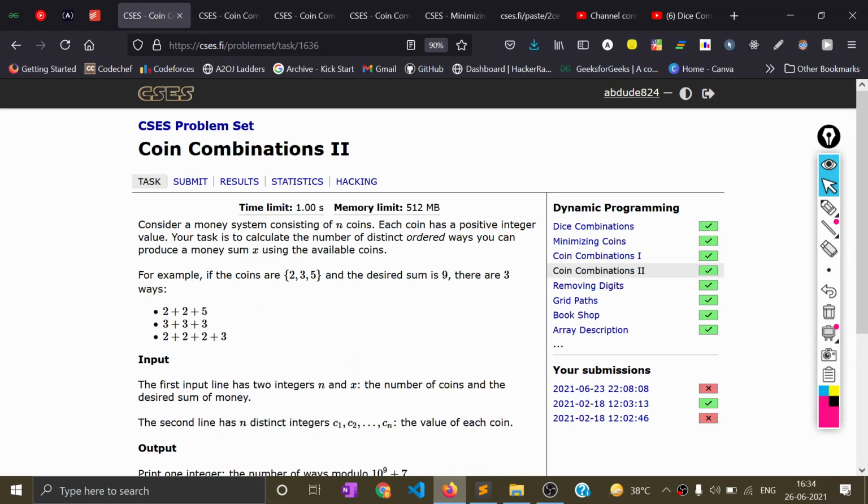Guys, so today we are going to discuss the fourth question, coin combinations two. And as I said, it was very simple, but there is a slightly more theory part here, right? So in coin combination one,